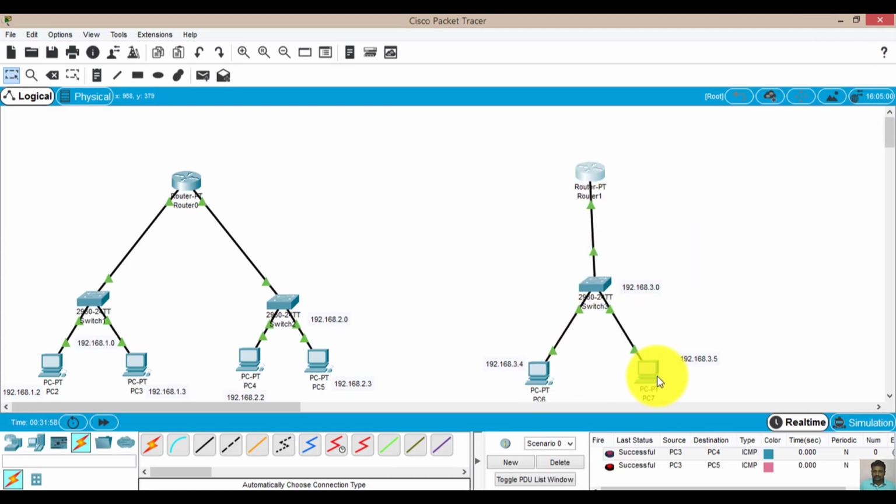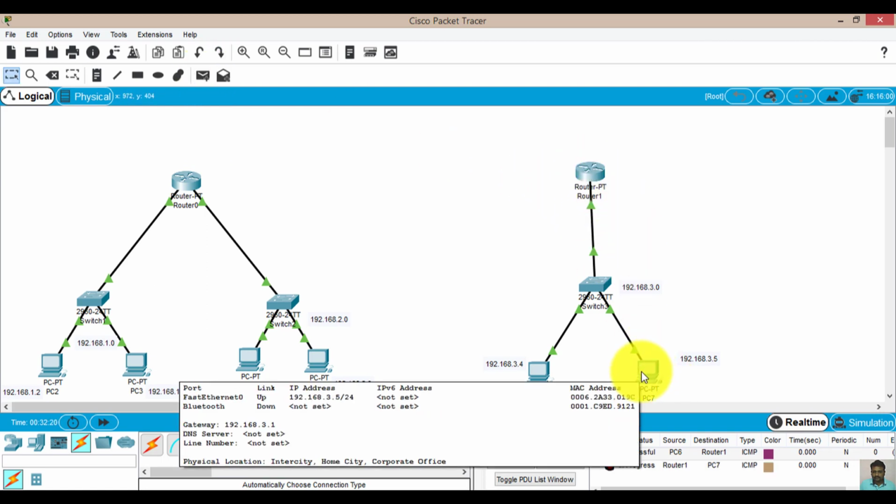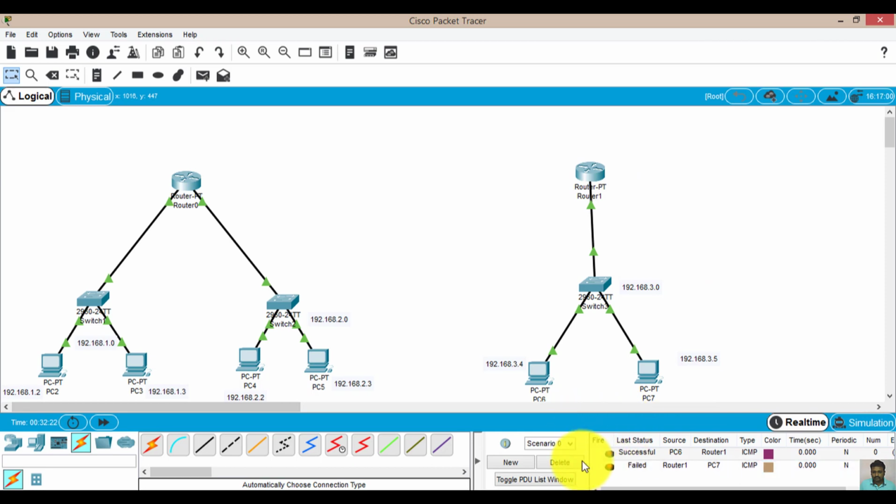So you can see everything is now green. Let's check the same thing here also. Packet from this system to this system, yeah, it is successful. I will repeat again, from here to here, yeah, it is successful. Let me check whether this router is working or not. Yeah, it is sending data from that router to this system. It will take some time, but it will be done. From here to here, it is working perfectly.